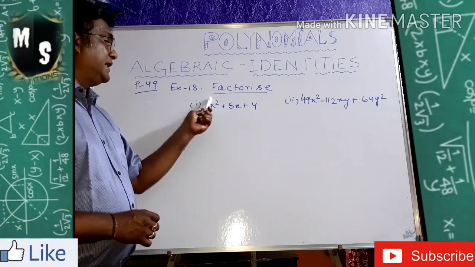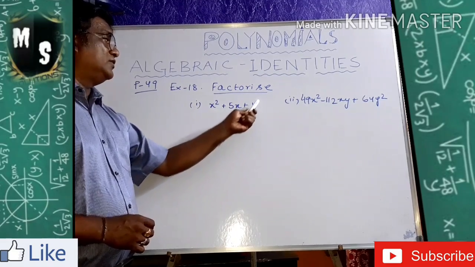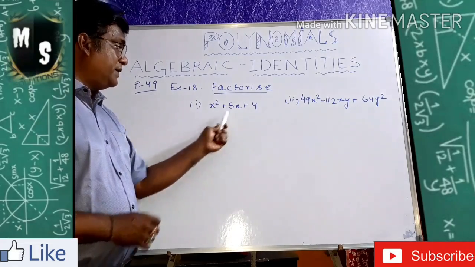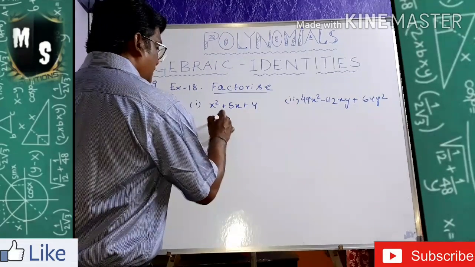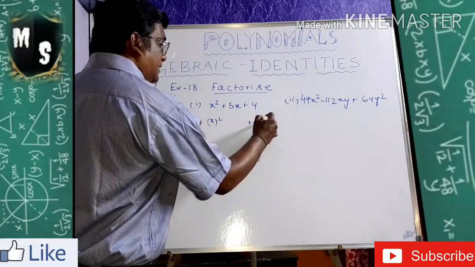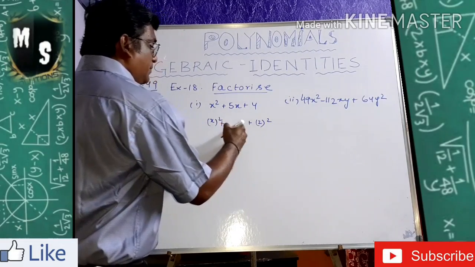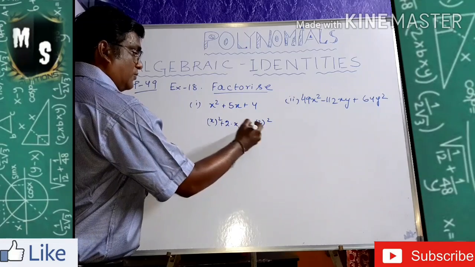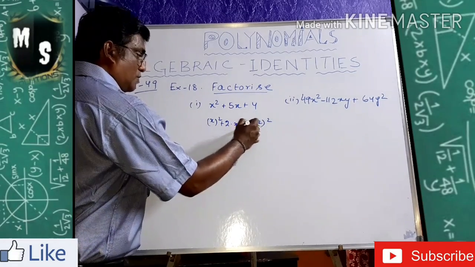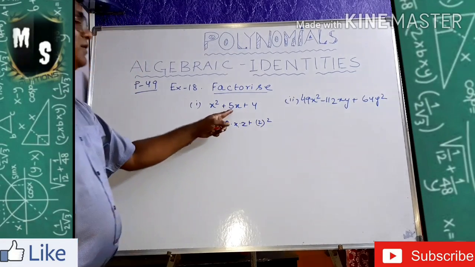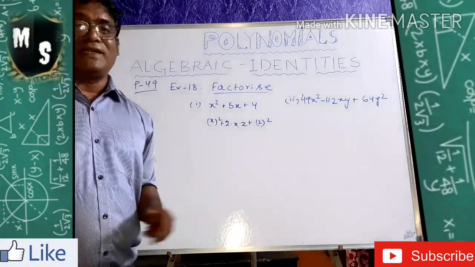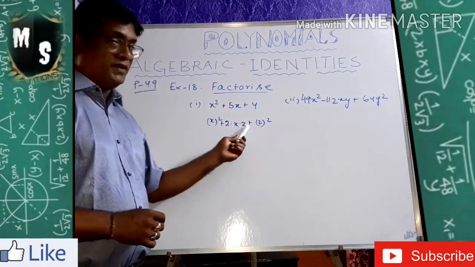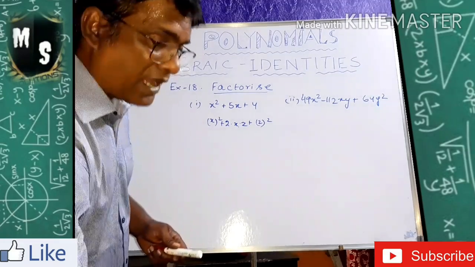It can be expressed in a square. It can be expressed in 2 square. So I got a square plus b square. Is it in 2ab? Let's try it. X square, and it can be written as 2 square. So the middle will be just 2ab. Let's go for 2 into x into b. B means 2. So what is coming? 4x. But what is your middle term? It is 5x. So definitely it is not under the formula a square plus b square plus 2ab. So a different formula you have to try.